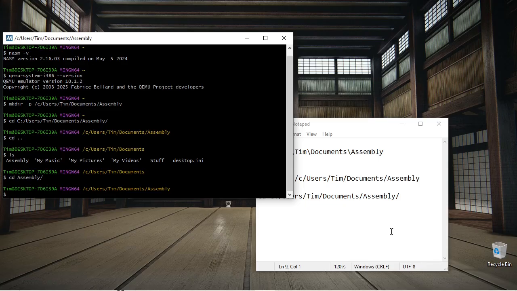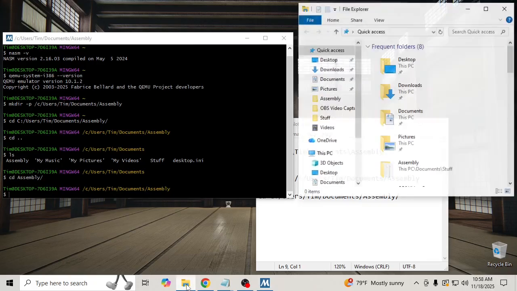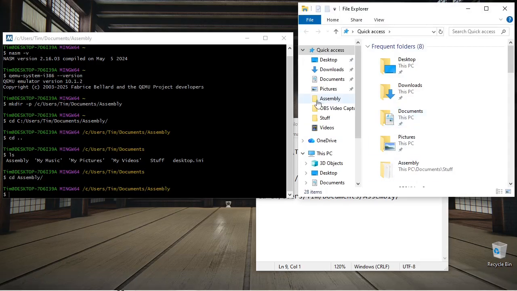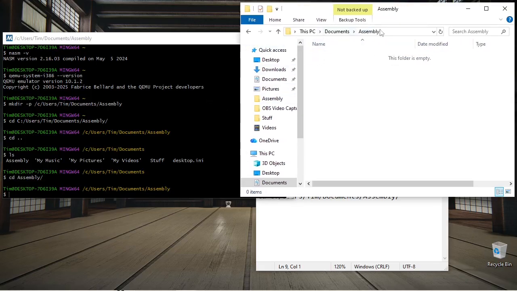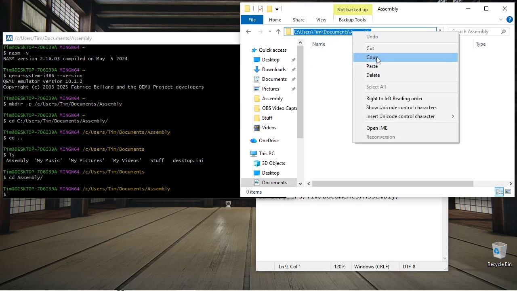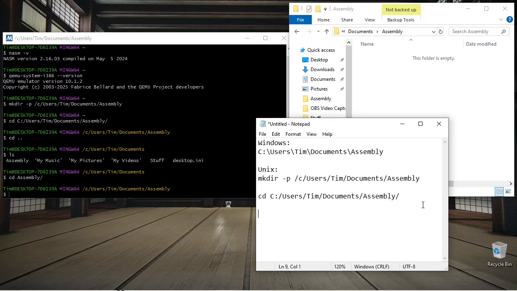You can find out more about how to navigate around on the internet. But basically, let's say you have a folder of your own that you want to use, not the way I'm doing it here. You can go to your folder wherever, right? Here, let me open my folder there. And then up here is your path. If you click there, it turns to a regular Windows path, right? You can copy that, and then instead of having to go here and convert all these backslashes,